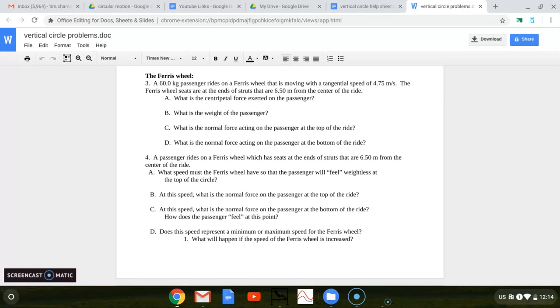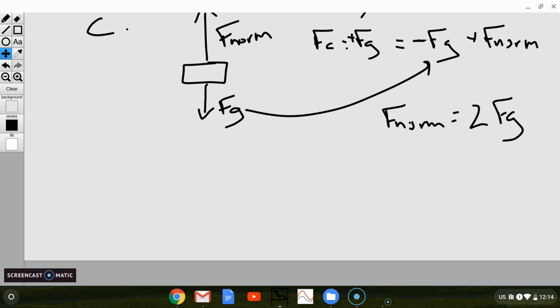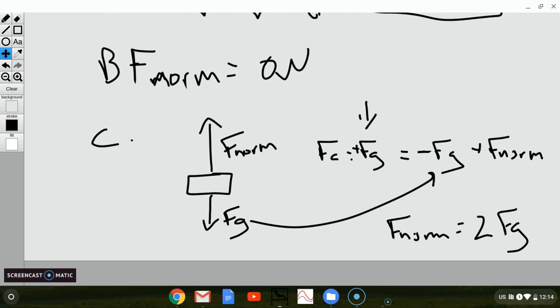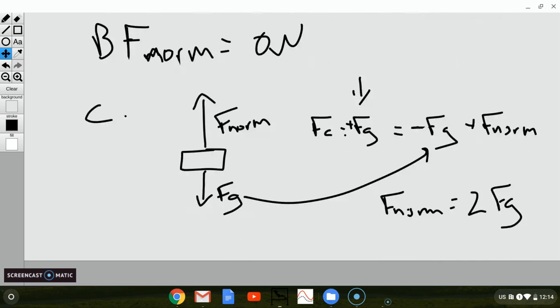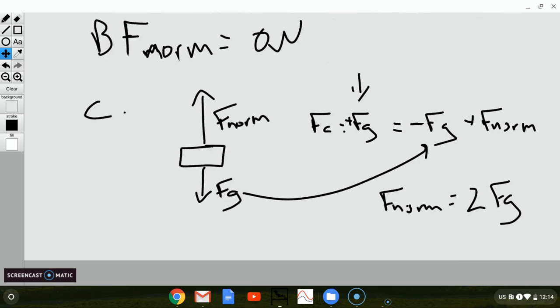Part D, does the speed represent a minimum or maximum speed? What will happen if the speed of the Ferris wheel is increased? Okay, so this is a maximum. You can't go faster than this. If you go faster than this, what ends up happening is the passenger that's sitting there, the only force down is gravity, but the centripetal force needed ends up being more than gravity. And so the passenger becomes a projectile. They go flying out of the Ferris wheel and